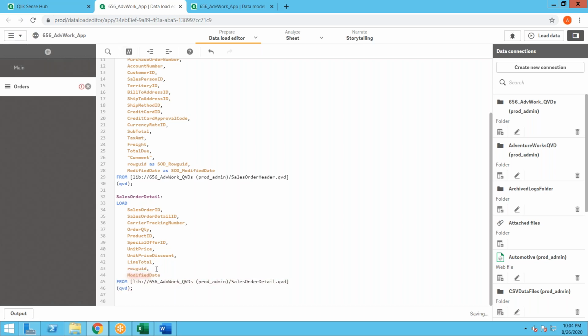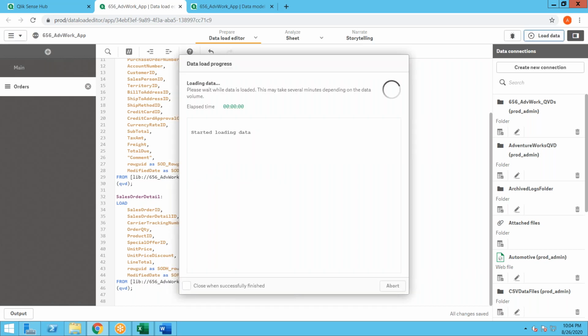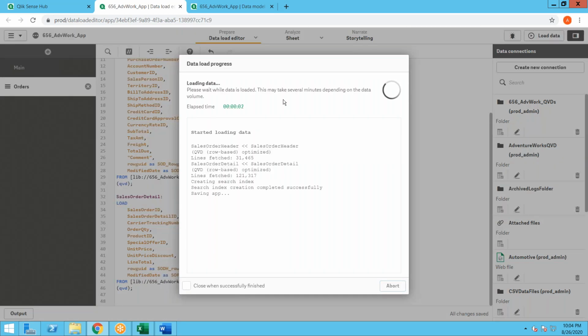So what I will do is I'll alias these keys. When I hit load, now I'll have